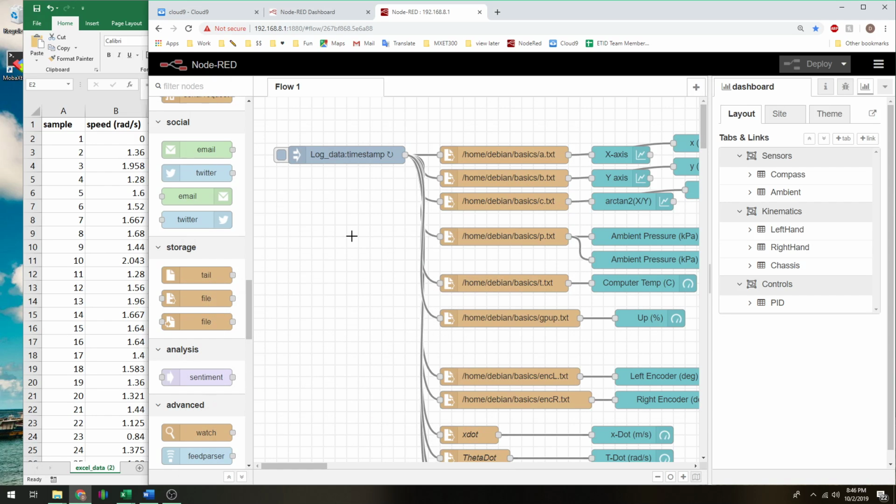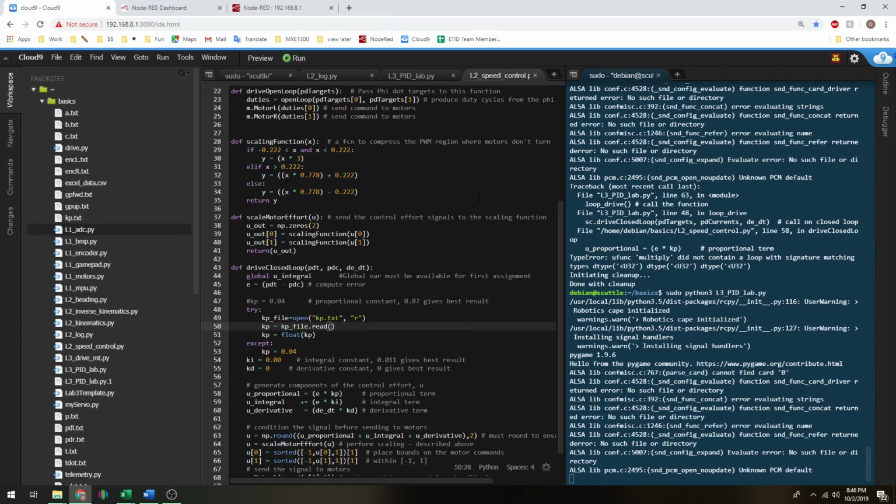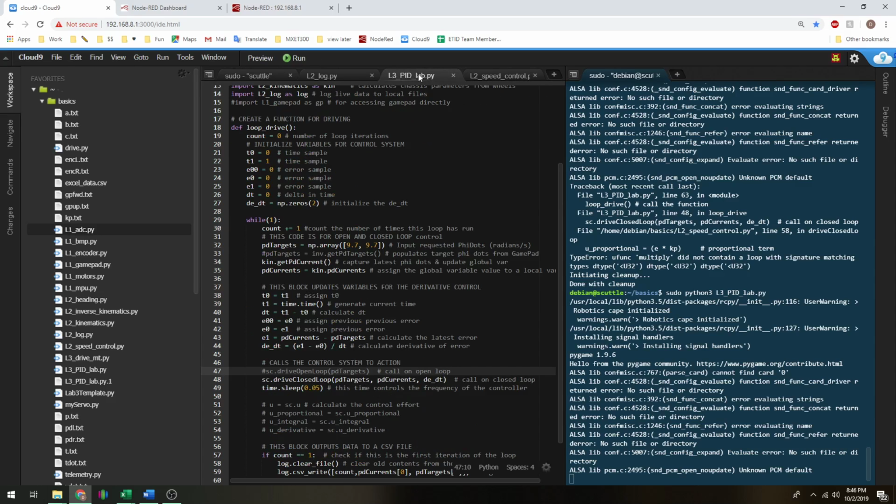This short video will demonstrate proportional control on the SCUTTLE robot. So first of all, we're running a program called L3 PID Lab, and we're calling a loop that is asking